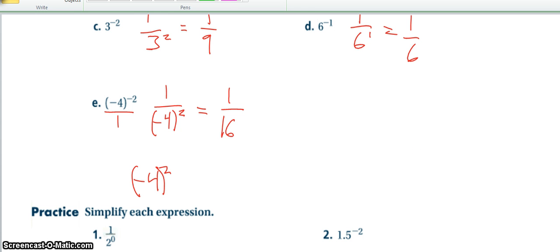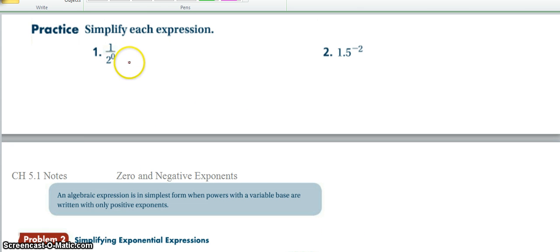Go ahead and try the other couple practice problems down here. Pause the video, and then I will be back to help. Alright, so one thing you have to remember is that exponents happen first before any division. So this exponent of 2 to the 0 has to happen first, which then makes that just 1,